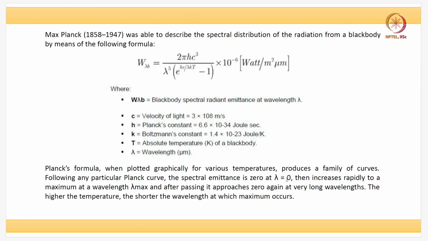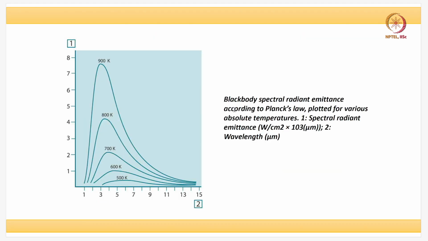Okay, so when lambda is equal to 0, the spectral emittance is also equal to 0, but then it peaks and then it goes to 0 once again at very long wavelengths. You can realize that it comes from the lambda to the power of -5 dependence. So this is the black body spectral radiant emittance according to Planck's law. This is plotted for various absolute temperatures. So these are the temperatures: 500, 600, 700, 800, and 900. Okay, and these are the corresponding